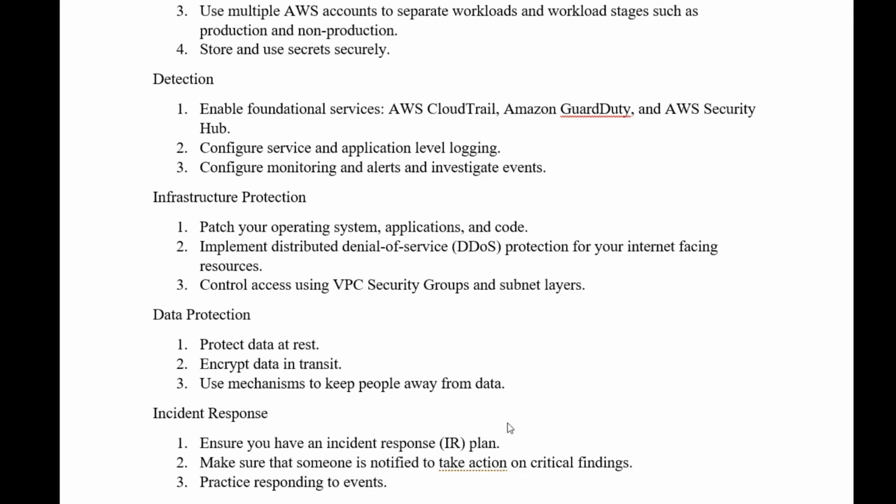And also we can encrypt data in transit between the AWS data center and the customer or our users' public internet. So we can encrypt that data in transit as well. Use mechanisms to keep people away from data, since from the AWS account, AWS API, or AWS SDK we can have access to that data.